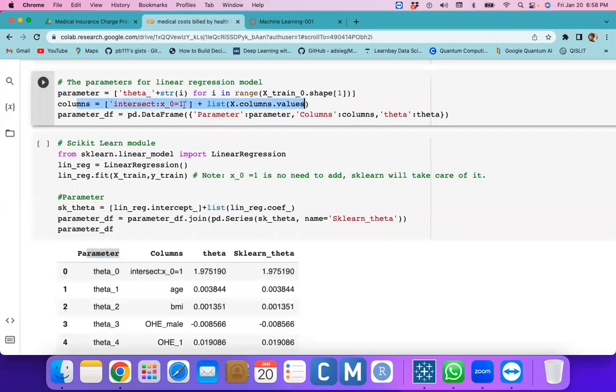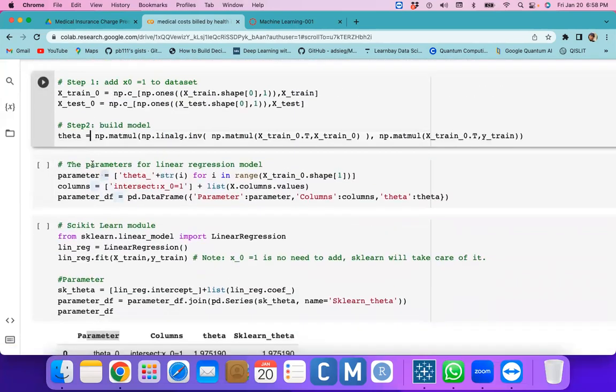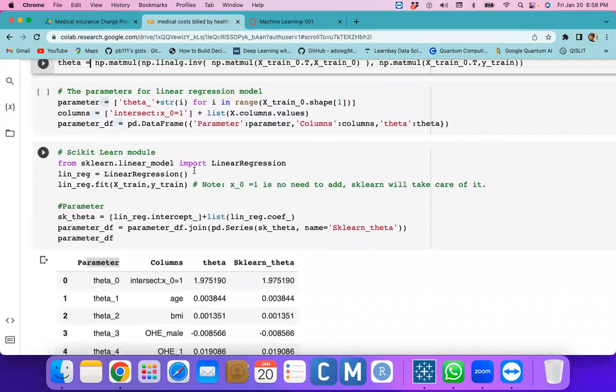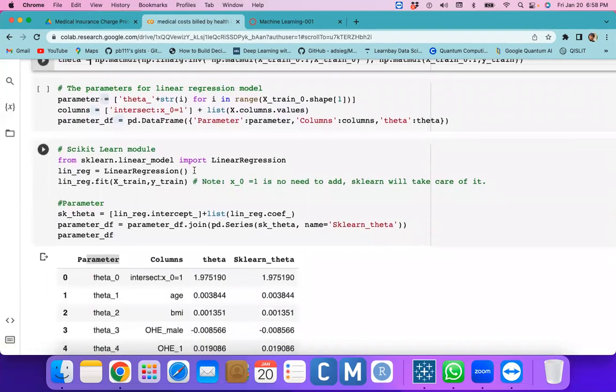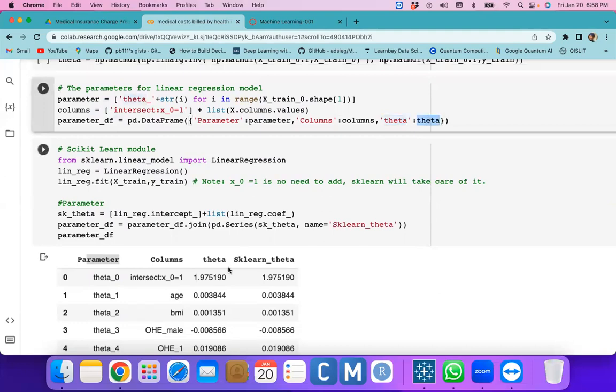Yep. So first thing, it could be intercept. Rest of the things could be your column values. x dot column dot values, in the sense we are just writing the column names. And this is the theta value. You already have theta, right? So theta values, and parameter columns, and theta values. With this one, we are going to be creating the new data frame. The data frame is parameter underscore df, and to this one we would like to add